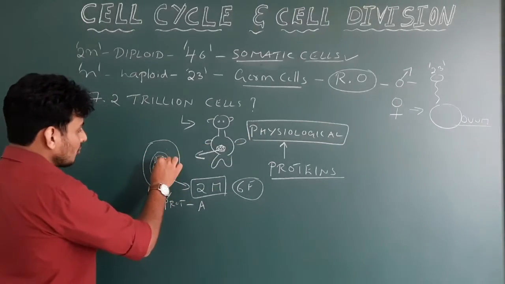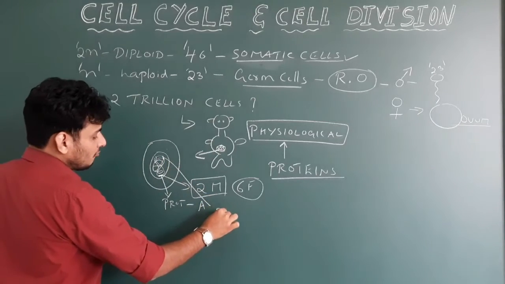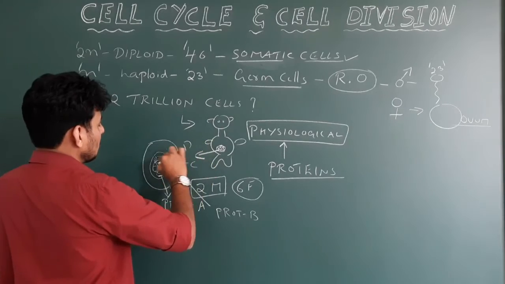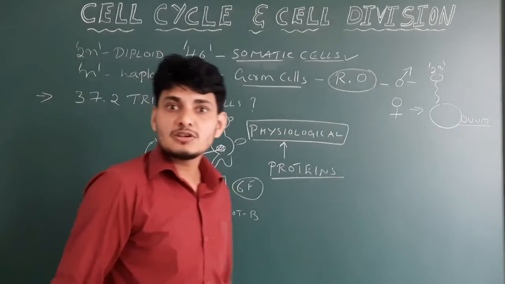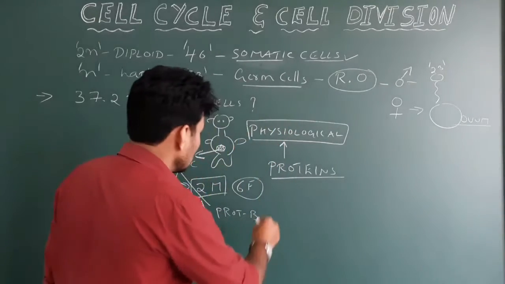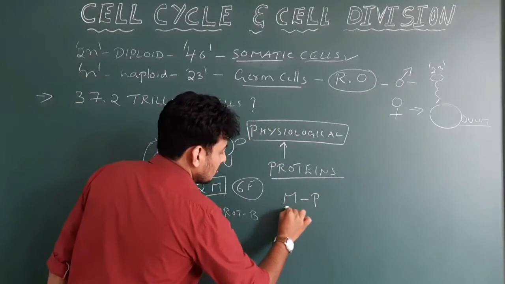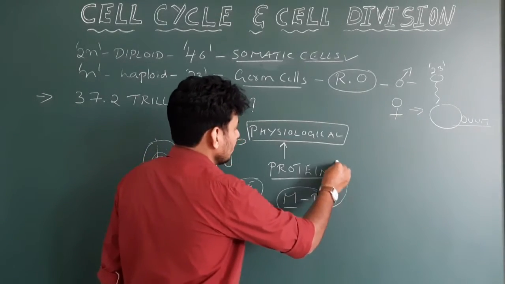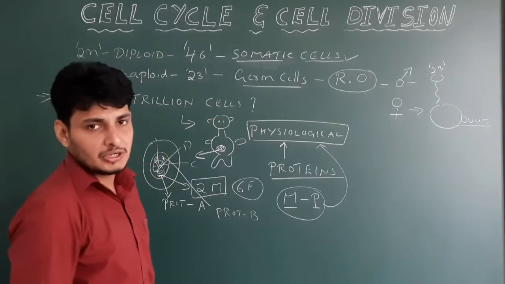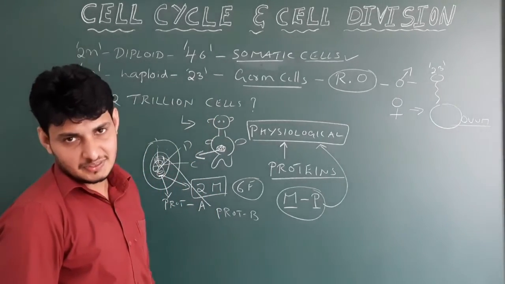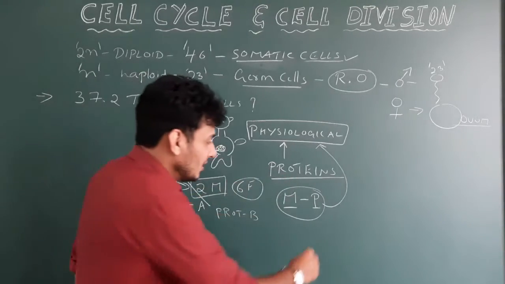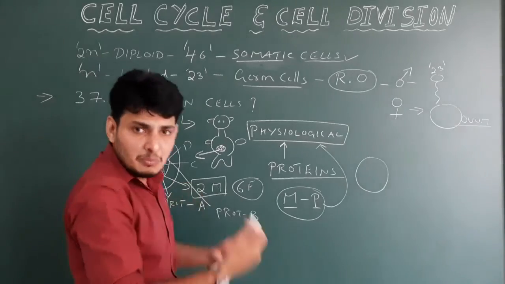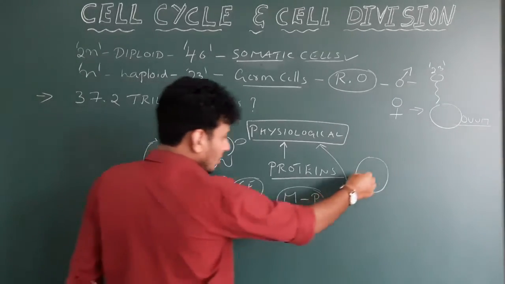Or maybe somewhere else here, one more gene is there that produces another type of protein called protein B, or maybe another protein C, protein D, protein E, protein F, whatever it is. Millions of proteins will be synthesized from a single cell. These millions of proteins are not sufficient to take care of all physiological activity. So we need the help of other cells. So this particular cell, to produce more proteins, now this cell, I am going to draw it here,